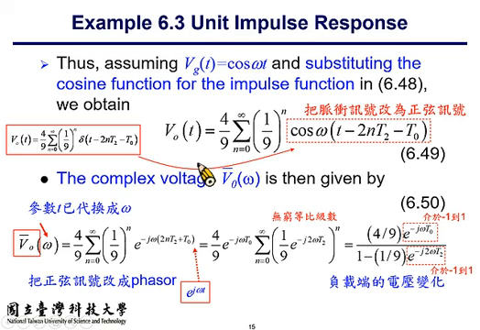Which means if you change the frequency, you can find the corresponding response of this frequency. So you can substitute in any frequency, any omega, and that will be the result of the frequency domain response. And because this is an infinite series with